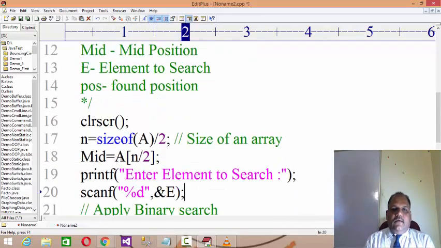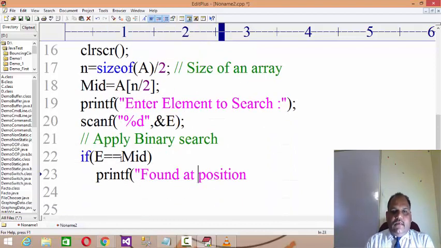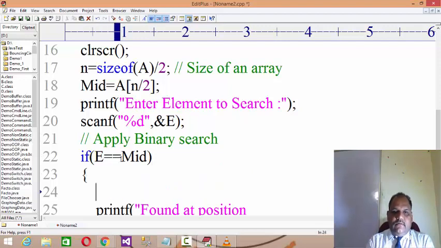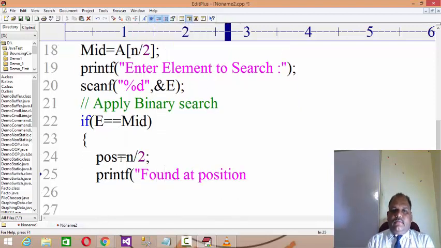So if e equals mid, then in this case POS equals n by 2, correct? So printf found at position, that is POS.